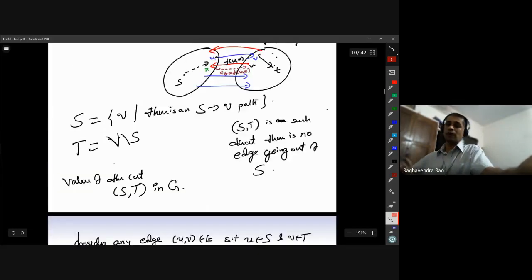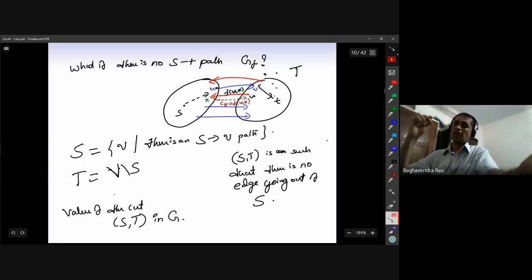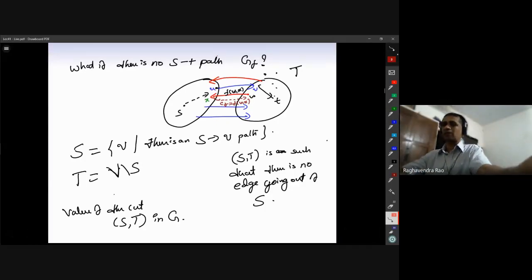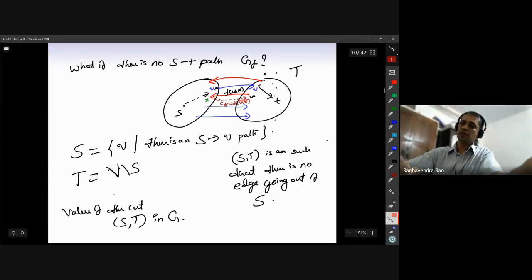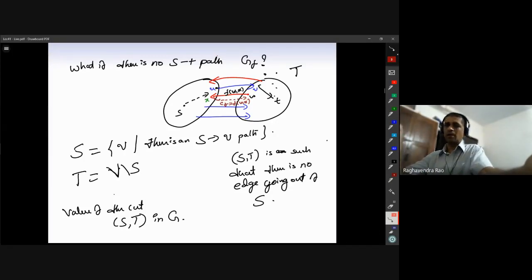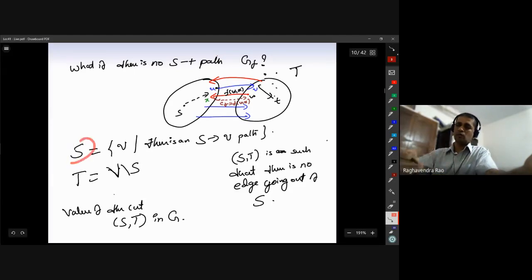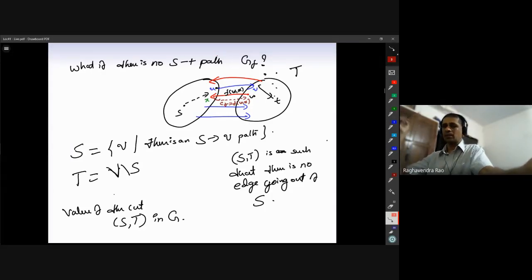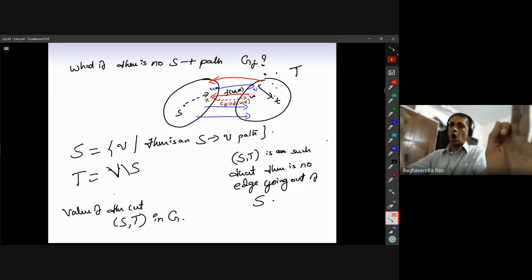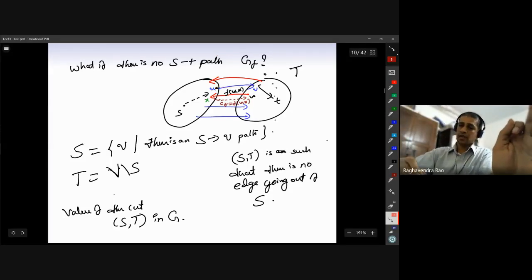Second, for every reverse edge, F should have assigned 0. Otherwise, I would have had a forward edge in GF, and hence there would have been an S to T path. By definition, we know that there is no S to T path, and hence S and T are disjoint here. So what does it mean? The flow assignment is such that all forward edges across from capital S to capital T are full capacity and there is no backward flow.